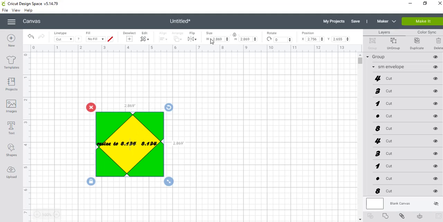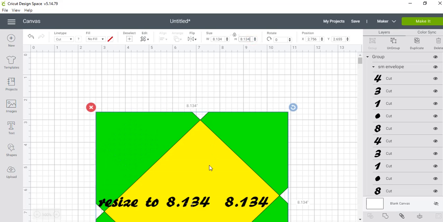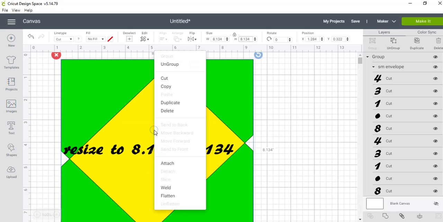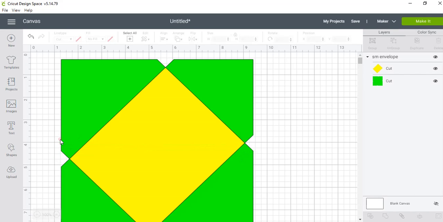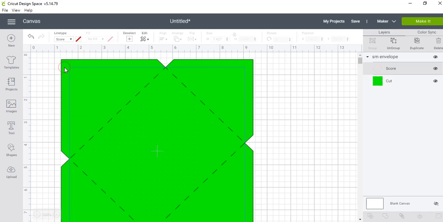And you'll notice the size here, 2.869. That's why we want here, we'll resize this to 8.134. We're going to keep our aspect ratio locked because it's a square. I'm going to right click and I'm going to ungroup because we don't need the text. I want to change this to a score line. And then the last thing we want to do